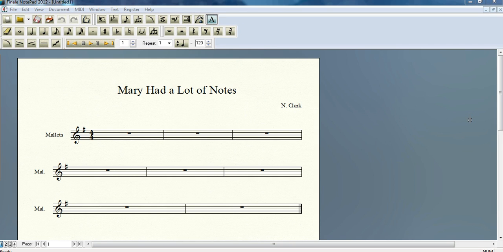Hello again, and in this video we're going to go over how to use the toolbar located at the top of your document to input notes and rests and also pitches. So, to start with, we're going to take our little song, Mary Had a Little Lamb, and we're going to start by using some quarter